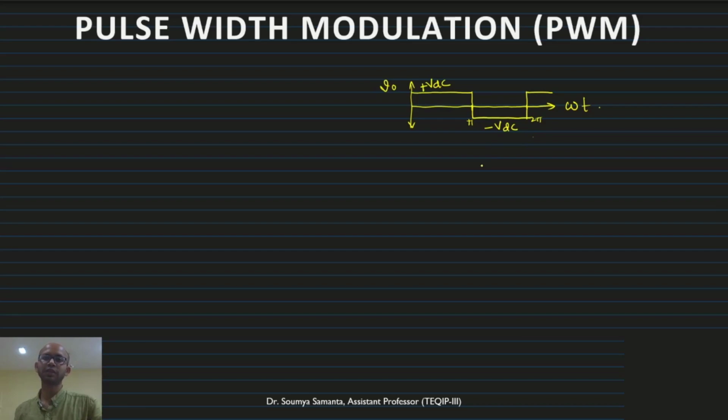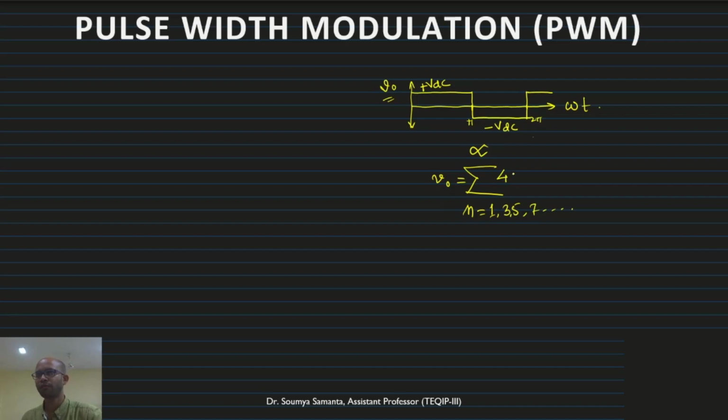Now what is VDC? VDC is the DC input voltage of the inverter. So this is alternating voltage we get at the output, therefore this is called the output voltage. Now what we require is AC. Then after filtering out the harmonics, we can find out the sinusoidal fundamental voltage. So now we have expressed this output voltage in terms of the fundamental plus various odd harmonics. So that was n equals 1, 3, 5, 7, this way up till infinity.